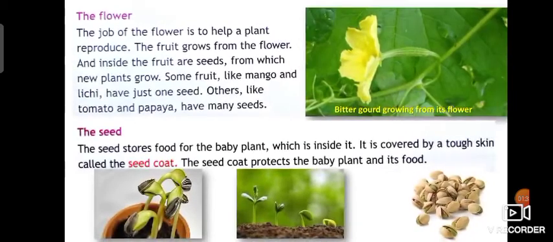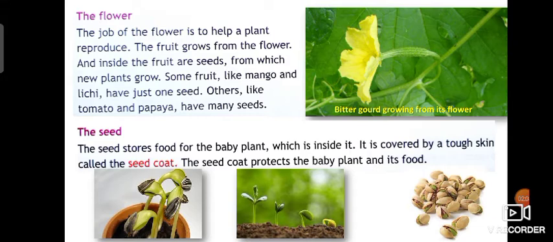Amen. In this video, I'm going to teach you about the flower and the seed. The job of the flower is to help a plant reproduce. The fruit grows from the flower. You can see a bitter gourd growing from its flower. See? Very beautifully God has created, isn't it?